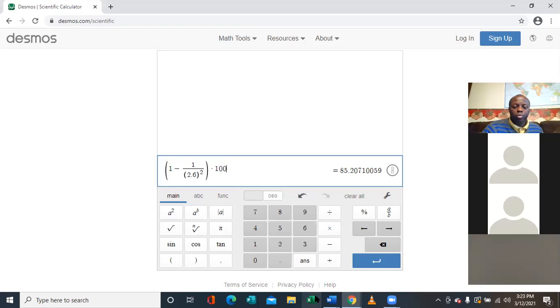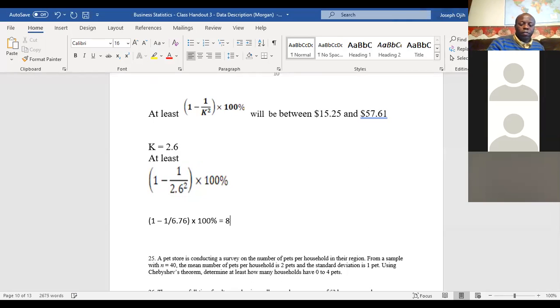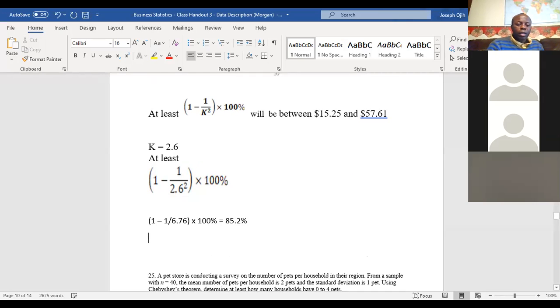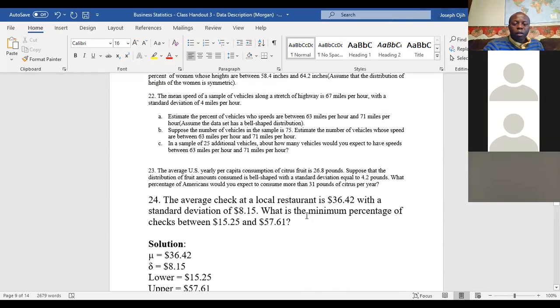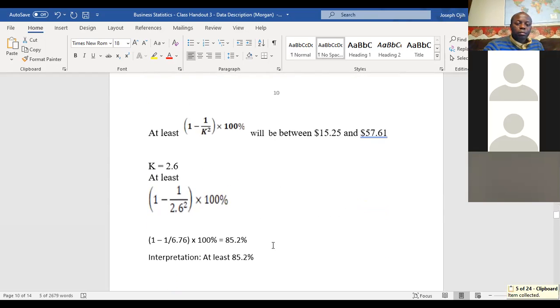85.2%. Which is 85.2%. So that means that, at least in interpretation, at least 85.2% of the checks at that restaurant are of the checks in that restaurant